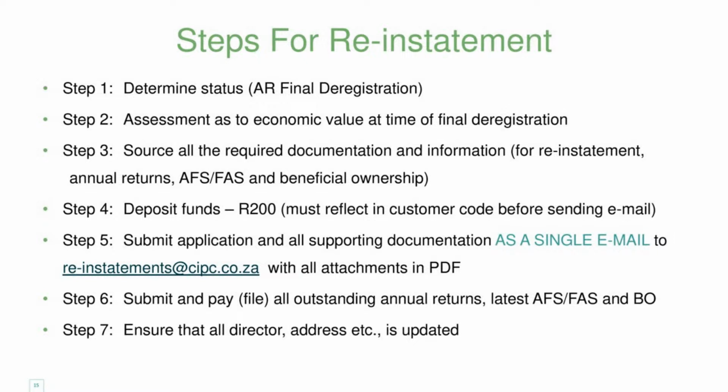Step 3, source all the required documents and information for the reinstatement, annual returns, the FAS or AFS process, and for beneficial ownership. Remember, this is all in one basket. So all the information needs to be available and at your disposal. Step 4, deposit funds. The amount of 200 Rand must reflect on your customer code before you send an email